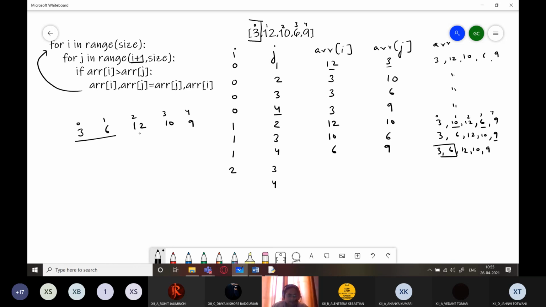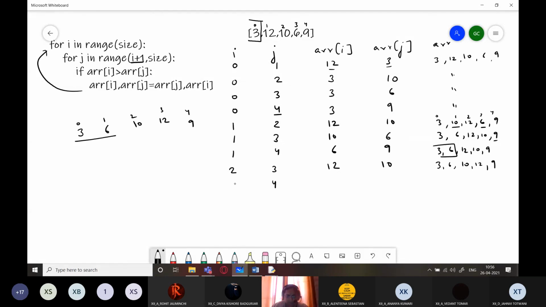So first two positions are fixed. We start with this. ARR2 is 12, ARR3 is 10. Is 12 greater than 9? Yes. So again it will be changed. So here it will be 10 and this will be 12.